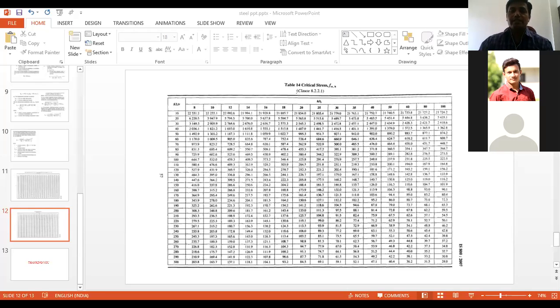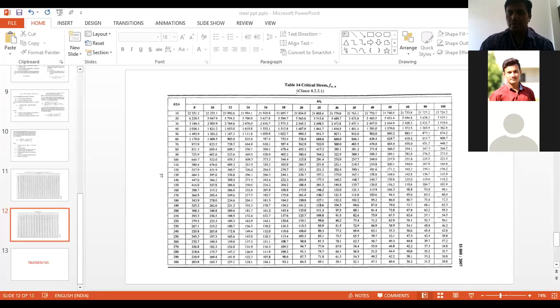Now B is given as 70 mm, and the thickness of flange. Now you have to select your section, that is, whether your section is plastic, semi-compact or compact section. For that you need to calculate the ratio B by TF. The B by TF ratio I got is 4.9. Now it is less than 9.4 epsilon. Actually epsilon equals 1, therefore my section is plastic.